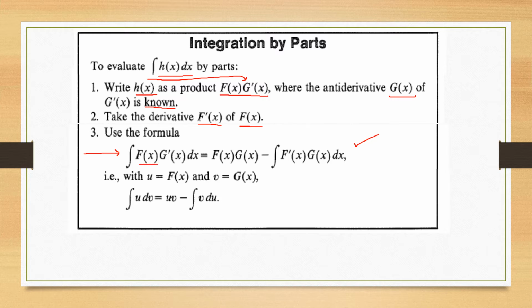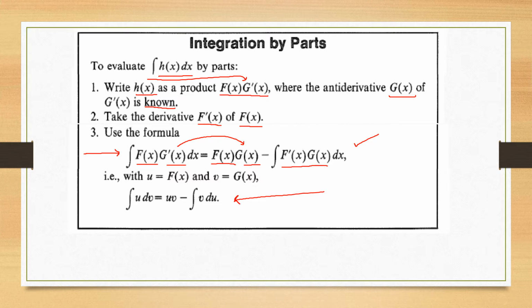We have selected f(x) and g dash x. Its antiderivative is known. We can easily write f(x) g(x), and with a negative sign we have an integral which has integrand f dash x g(x). So we will write it in simplified form, the formula 1, as integral of u dv